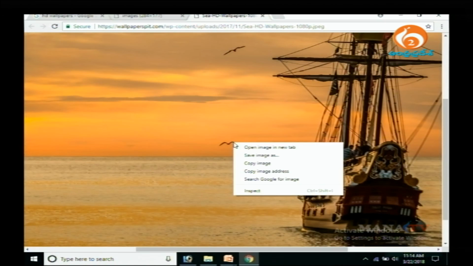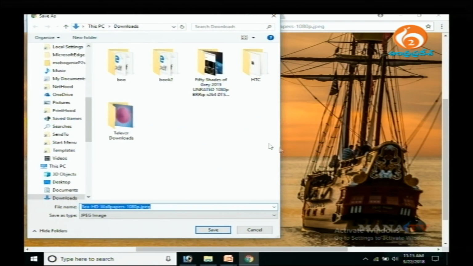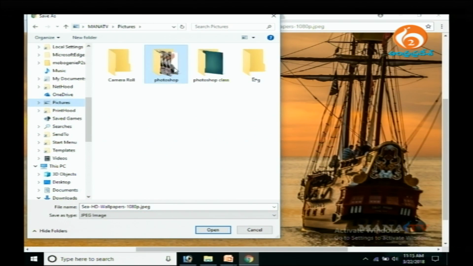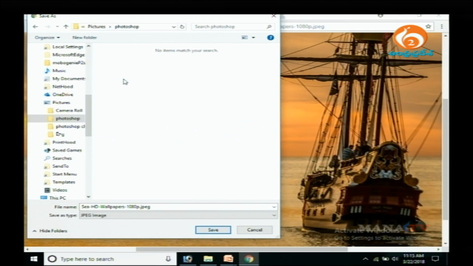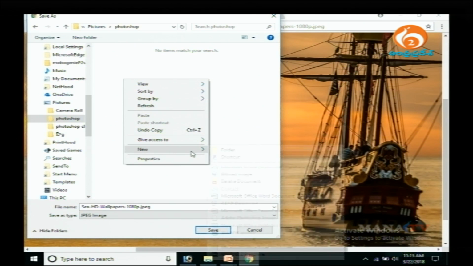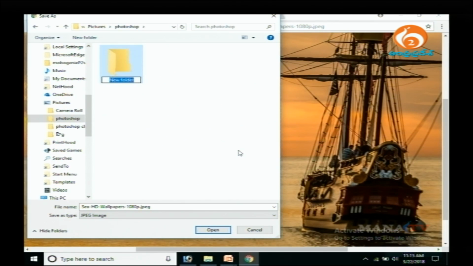Nice. HD wallpaper download చేసుకుందాం. So save it in a good place. మీరు ఎక్కడైతే వర్క్ చేస్తున్నారో అక్కడే సేవ్ చేసుకుంటే మనకి ప్రాబ్లం ఉండదు. So I'll create a new folder and then put